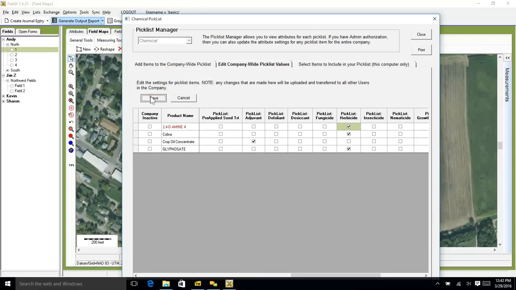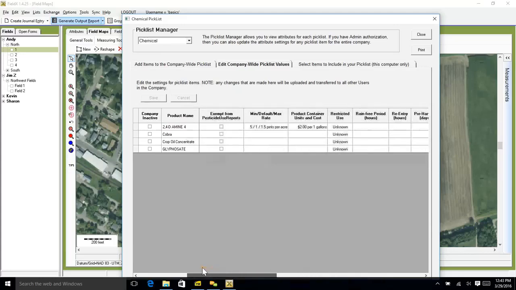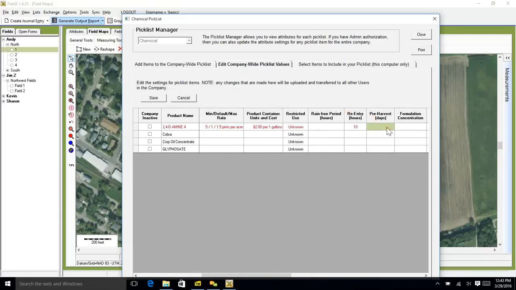All right. So I'll save this. So now this 2,4-D has all this data in. It has a min default max rate, product container units and cost. I'll go ahead and add in some sample data for the rain-free period, re-entry, and pre-harvest days. Okay, save that. And then from there, you can continue to add additional items or move on to the next pick list item. All right, so that